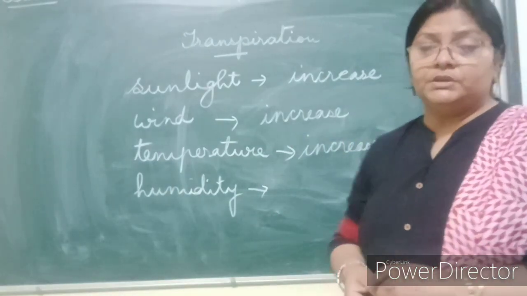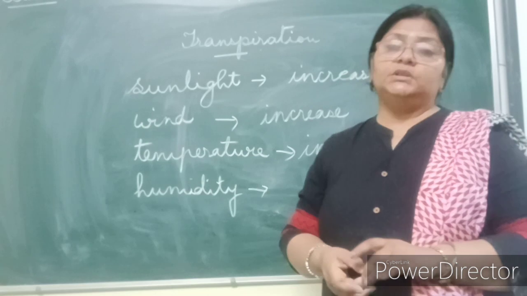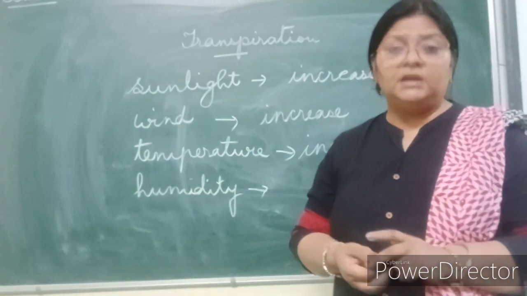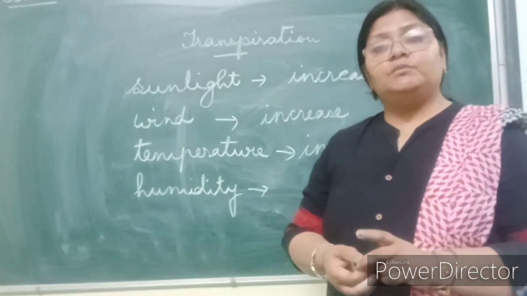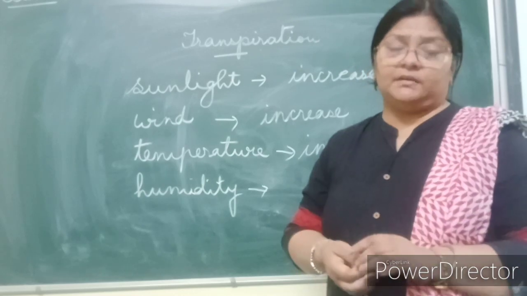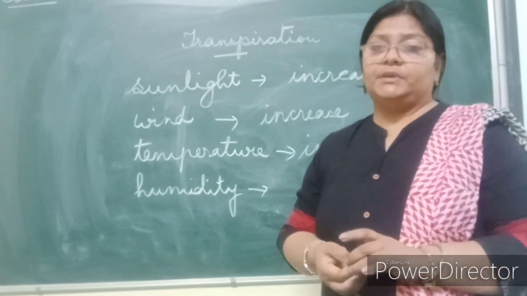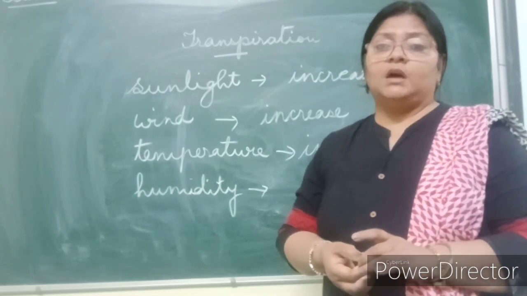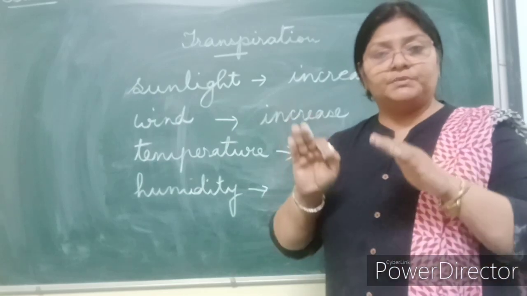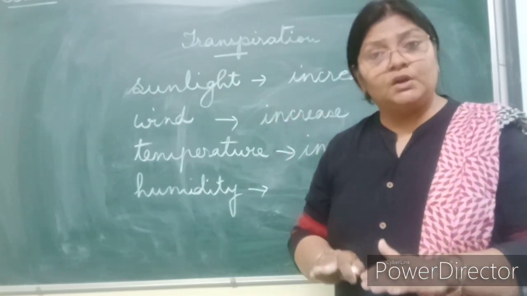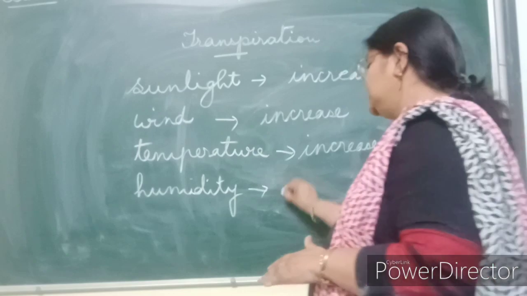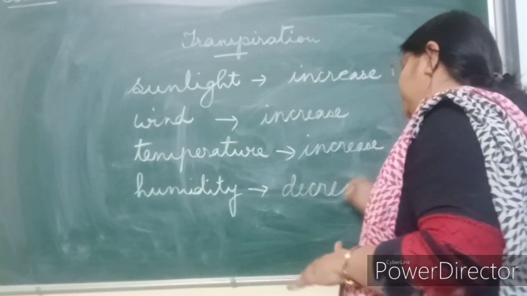Now talk about humidity. If you know what humidity is, humidity is the amount of moisture present in the air. So if the humidity is high, that is, the amount of moisture present in the air is high, then transpiration will naturally be low. So if humidity is high, the rate of